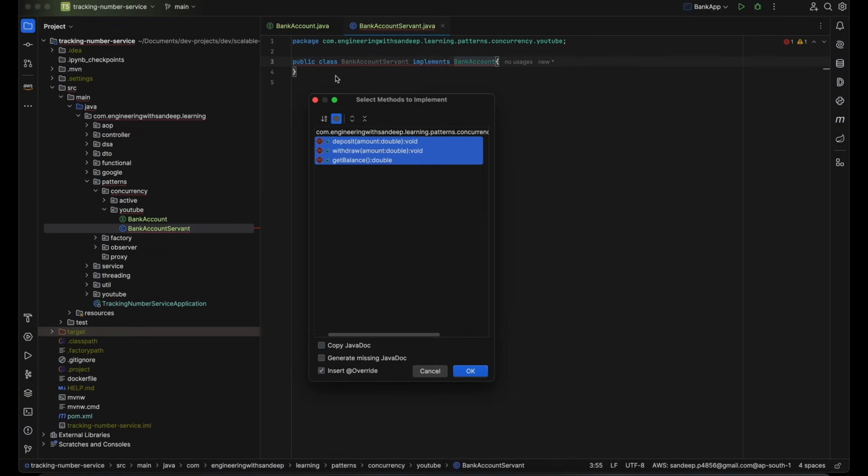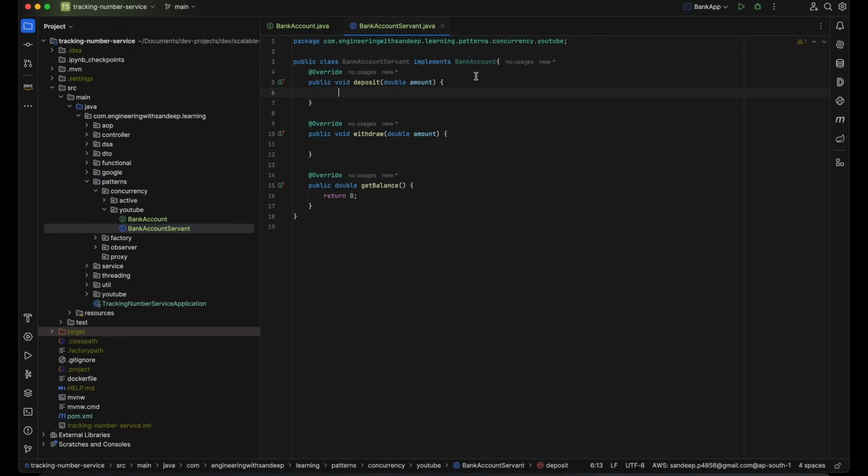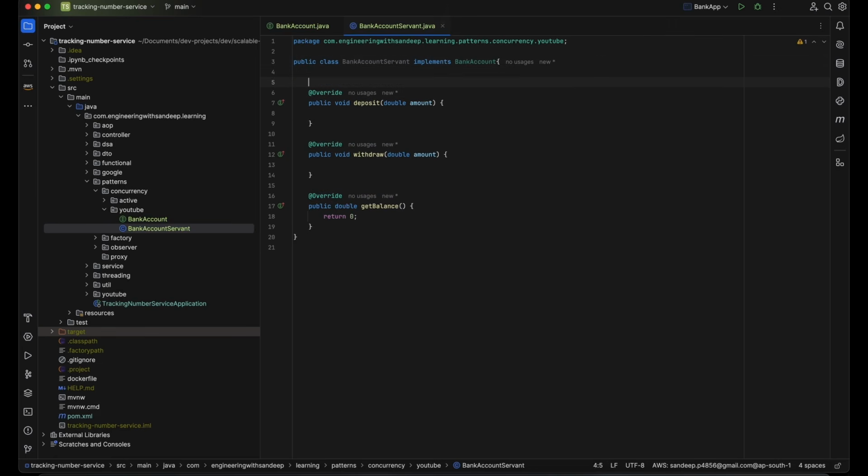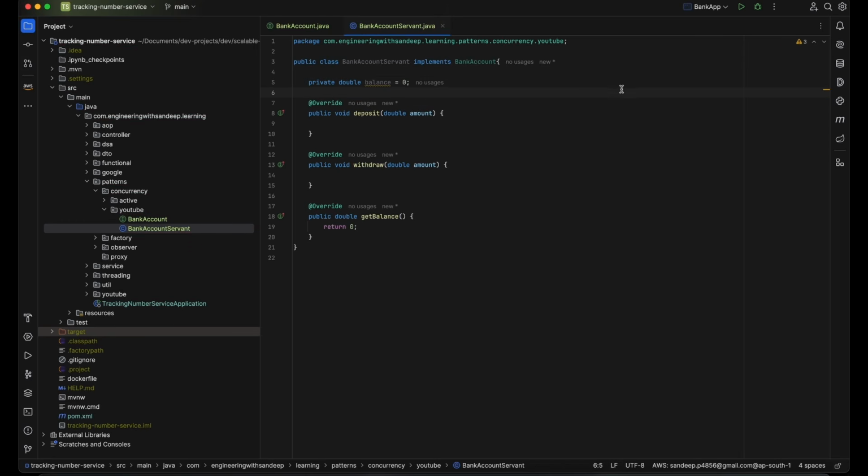Let us implement all of this method. So here will be the implementation. Let's add the implementation of all of this method. So first thing first, what we will be requiring for this servant is a double balance, and initially when this particular servant object will be constructed, the balance would be value 0,